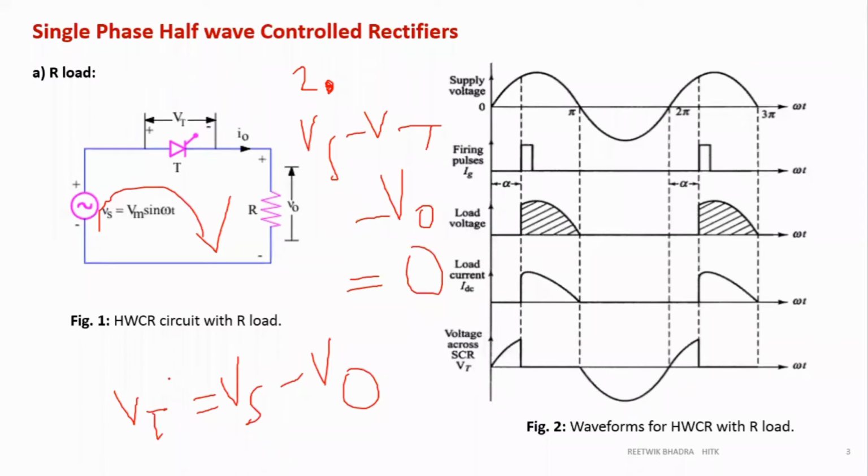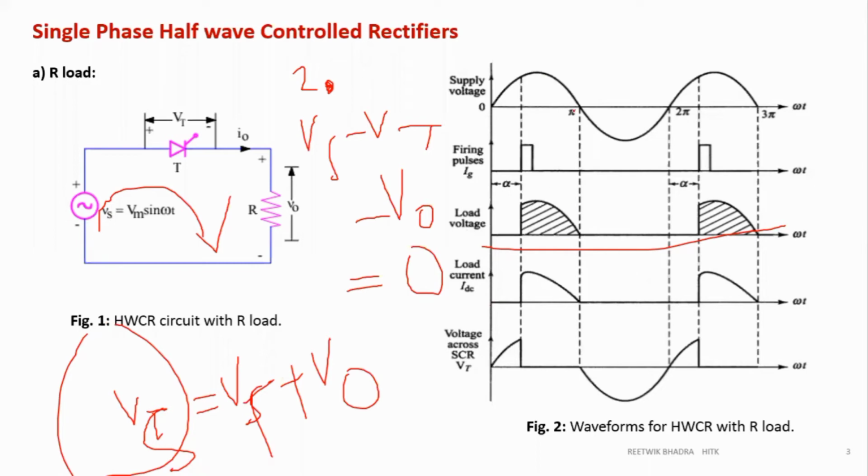But now, from here I can say that if I subtract V naught from Vs, I will get Vt. I am thinking now pictorially, from the picture I am drawing it, not thinking technically. If I write the Vs equation, Vs is equal to Vt plus V naught. So if I combine Vt and V naught, I should get Vs. I already have my V naught. I need to add Vt to it to get this waveform.